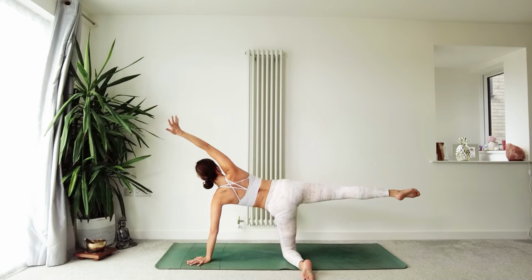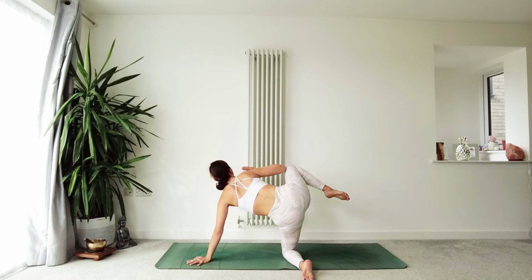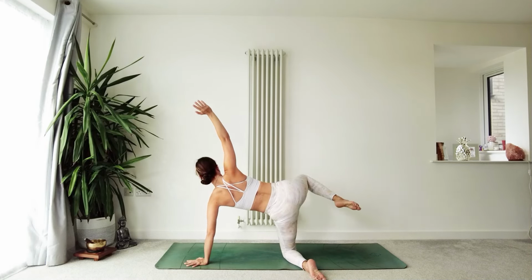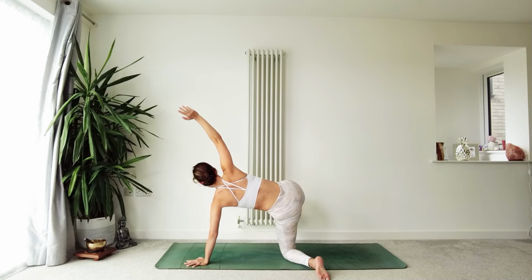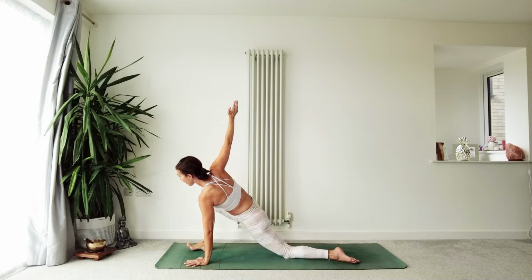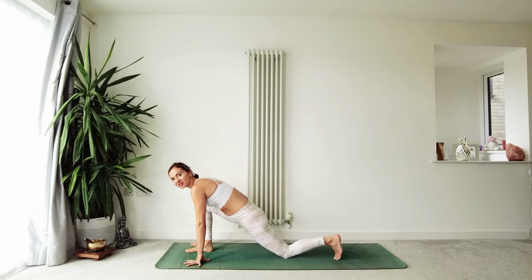Lengthen back out. One more of these, elbow to knee. Lengthen back out, and then slowly float that right foot around all the way to the top of the mat until you're in your lunge. So either keeping this as a low lunge to half split, or you have the option to tuck under the